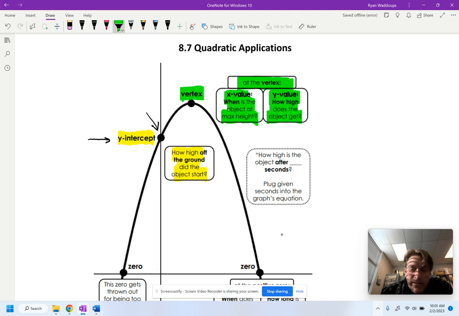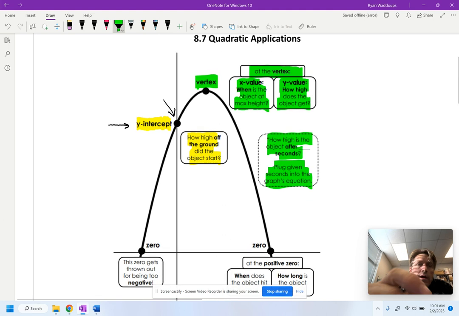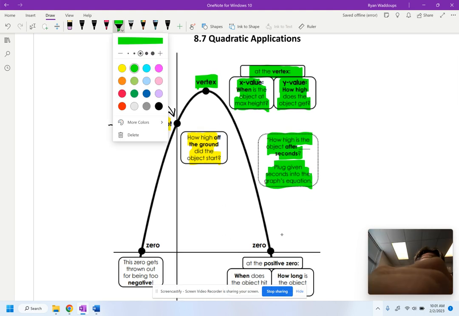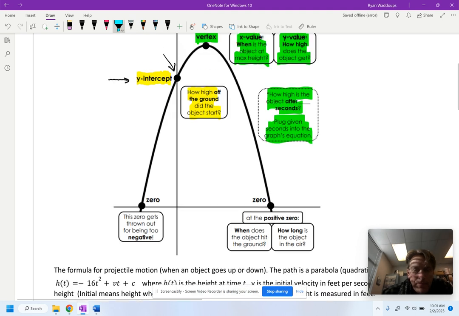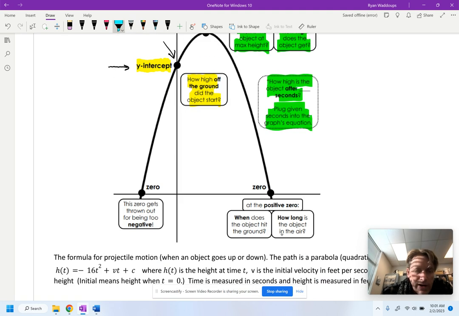And then you might see this question: how high is the object after blank seconds? So you plug in the given seconds into the graph's equation. You've got two zeros or two x-intercepts. This zero gets thrown out for being too negative. It's a tongue-in-cheek way of saying you can't have a negative time because the